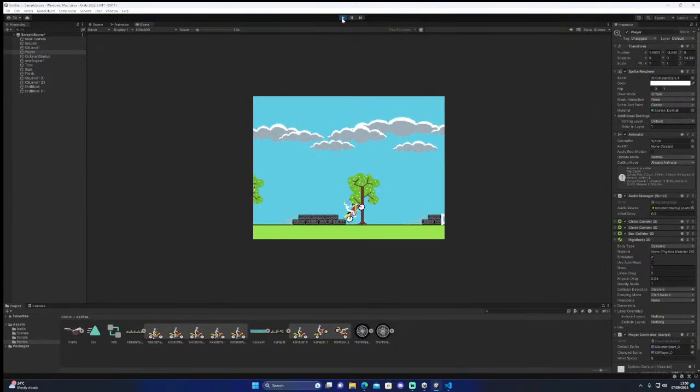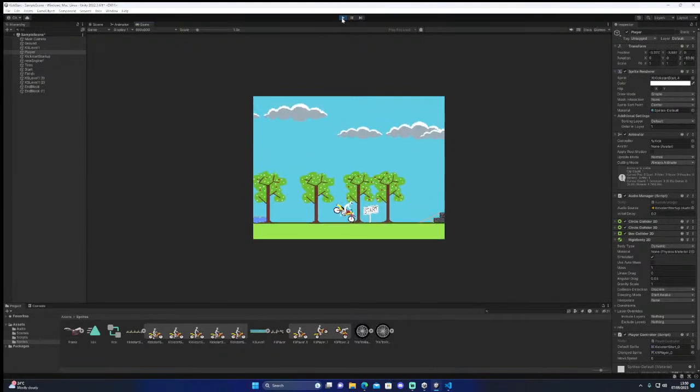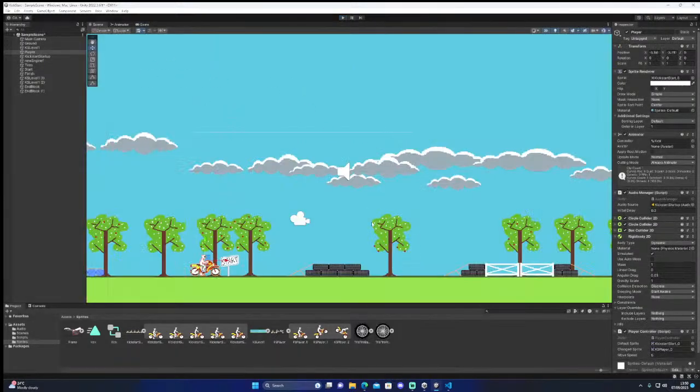But this isn't right. This is just using Unity's inbuilt rigid body and stuff, and I've made no adjustments. So it's just colliding. Let me stop it. It's just colliding with the colliders I've put into the scene. I basically just drew this background with all the obstacles. Did I draw all the obstacles? I can't remember. Let's have a look. Maybe I did.